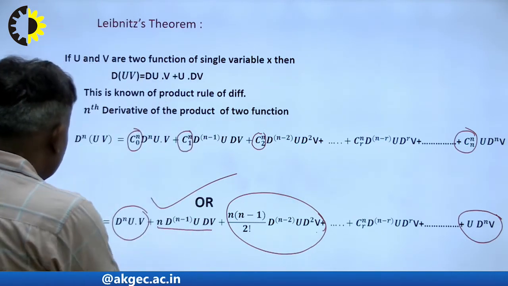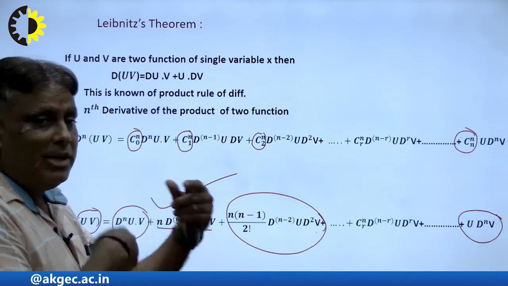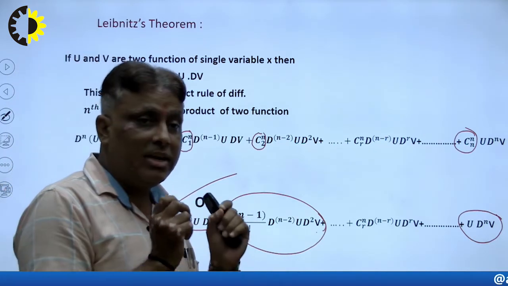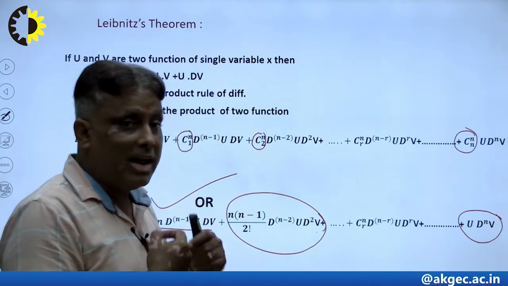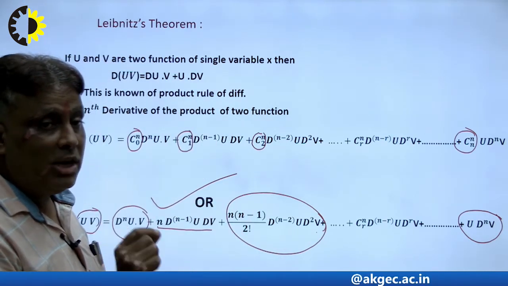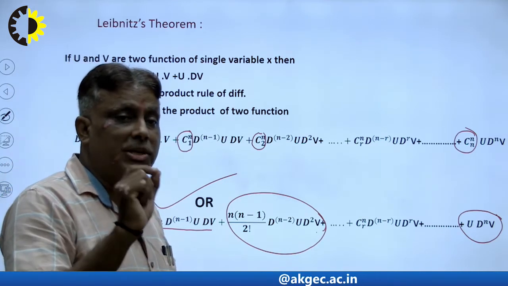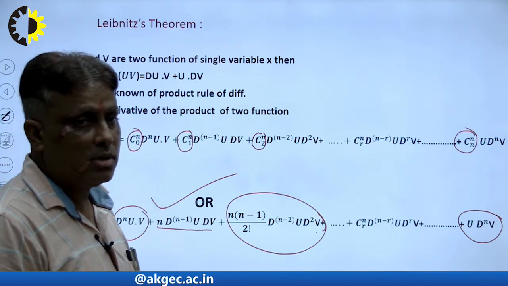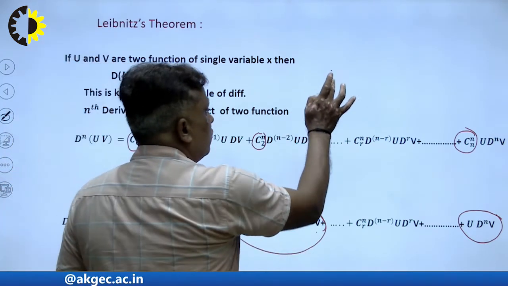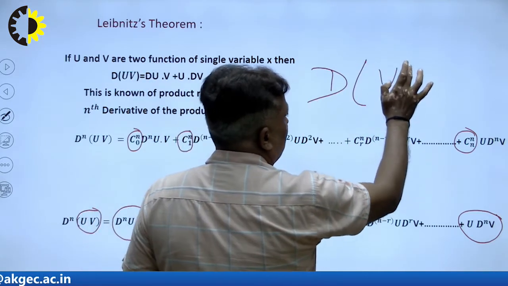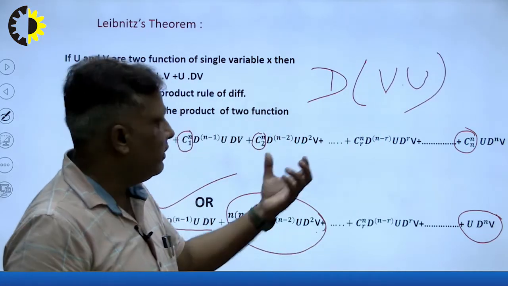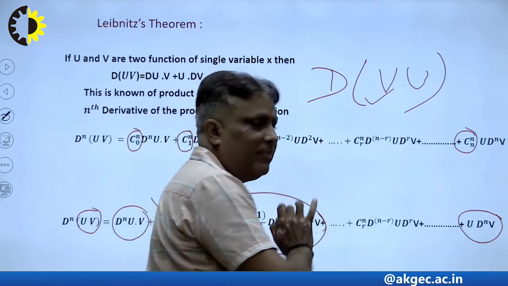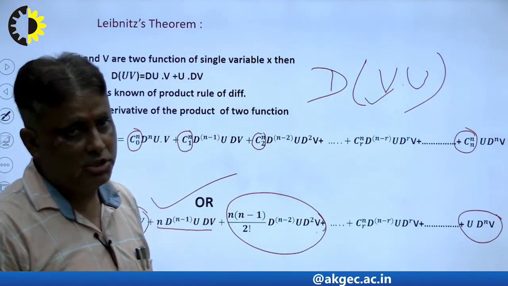There is u and there is v. The question is which will be u and which will be v. So students, listen very carefully to what I am saying here. v will always be the function whose differentiation goes to 0, and the second will be u. I repeat again: suppose I have u and v, so who will be v and who will be u here? v will be the one whose differentiation goes towards 0, right?